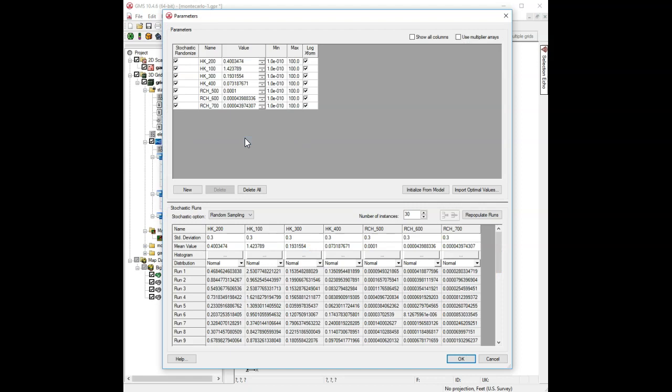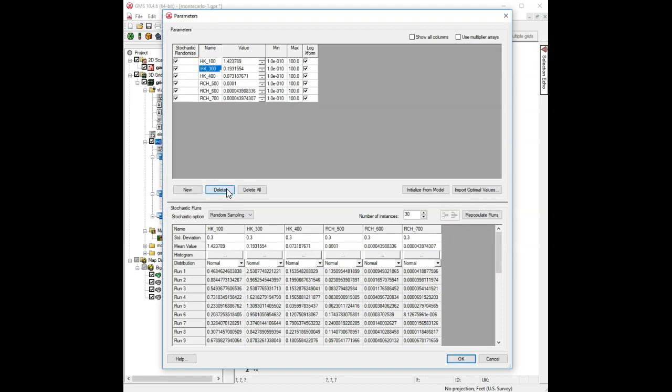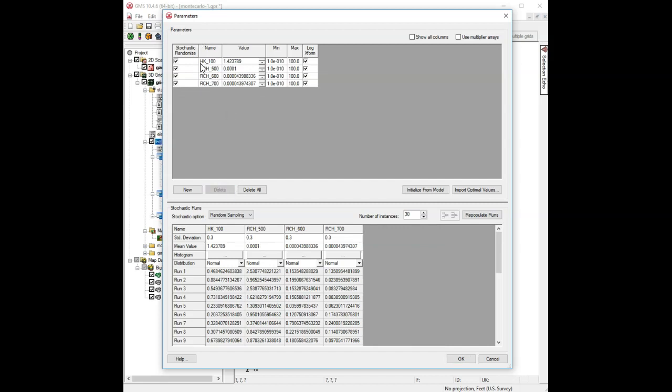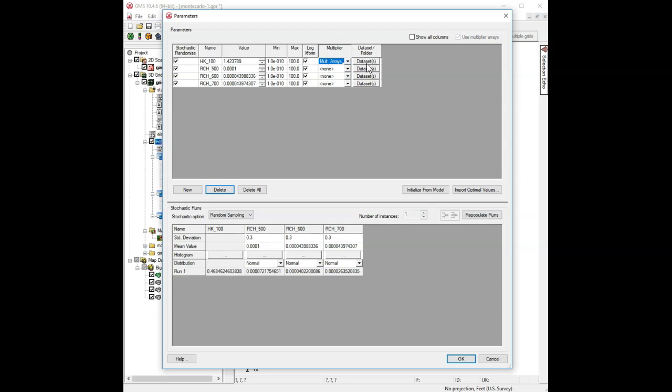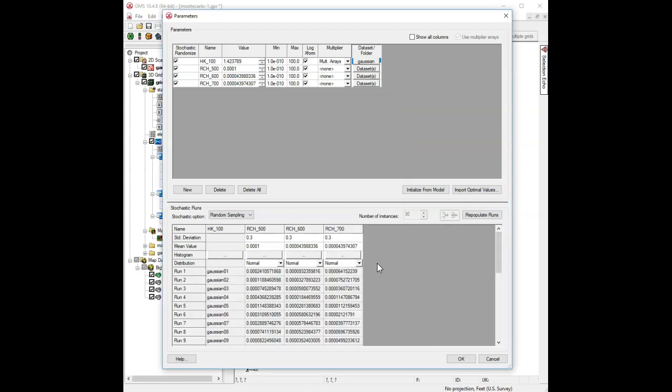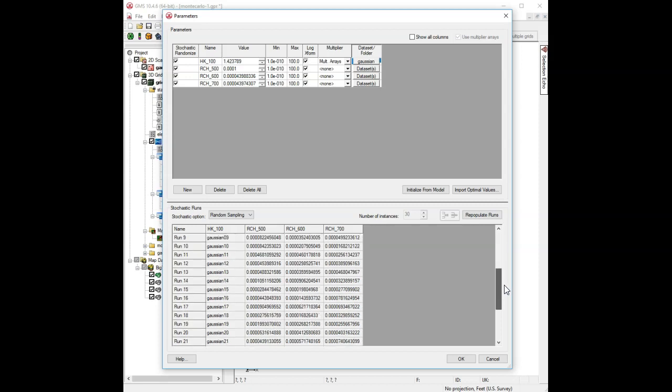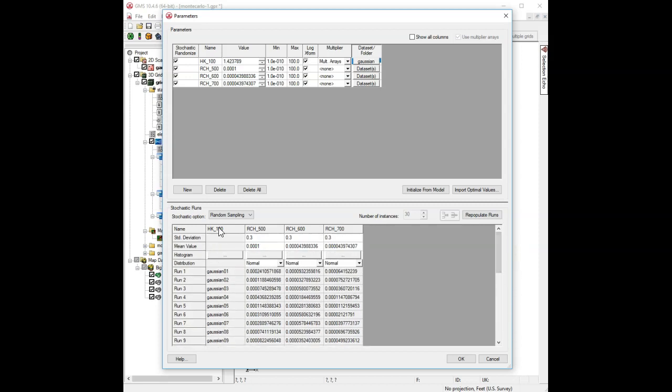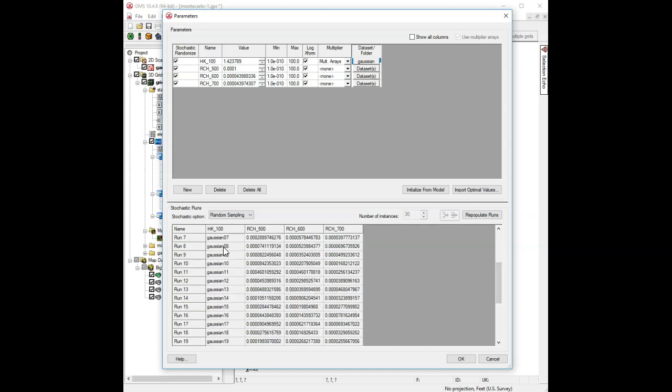And I'm going to go into my parameters dialog, and I'm actually going to delete my other hydraulic conductivity parameters because all I have now is HK100. And I'm going to turn on this use multiplier arrays option. I'm going to tell it to use multiple arrays, and I'm going to pick that folder that has my Gaussian simulations. And so basically what it does is, for my hydraulic conductivity property, it populates that using that folder